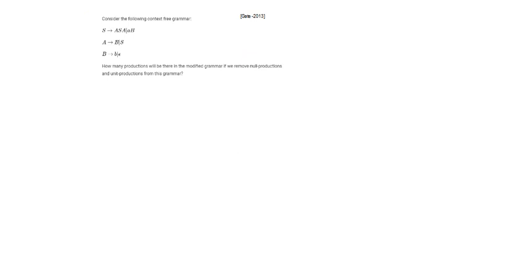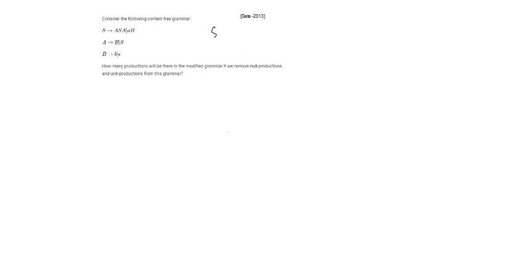grammar? See, they are asking to remove unit productions and null productions. They are not asking about useless symbols. After removal of unit and null productions from the grammar, how many productions are existing in the grammar? That's the question. So at present in the given grammar, how many productions are there?